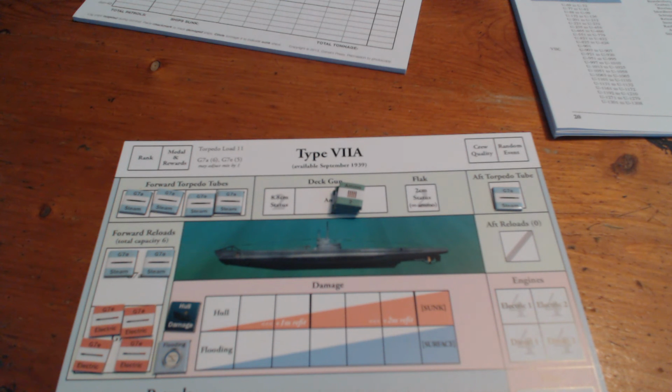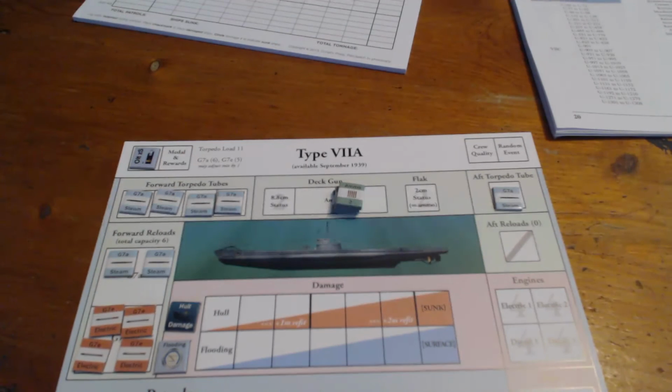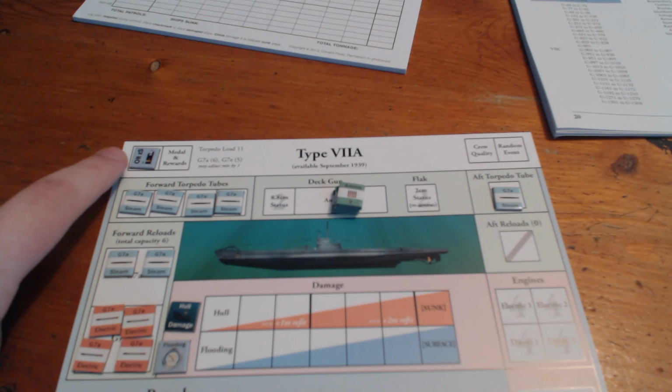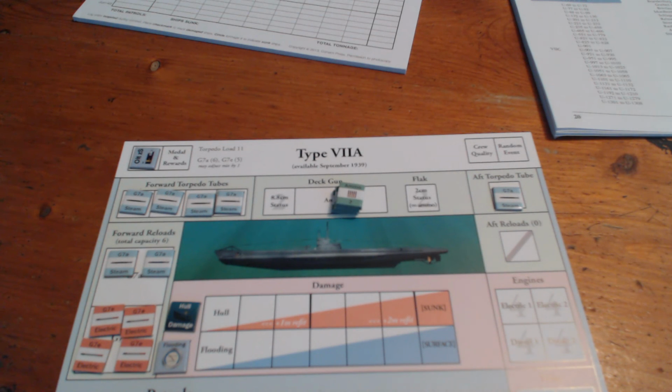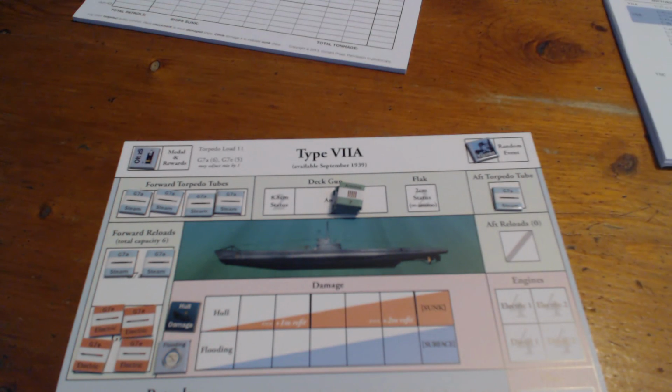And we start the game as a lowly, what's it called? Oberleutnant zur See, which will be our rank. There's a tiny 1 on that screen. Oh. There we go. There's a tiny 1 on that little marker. And then our crew quality is in the top left. And I think we start with a trained crew, if I'm not mistaken, for 1939. And there you go. That's our setup for